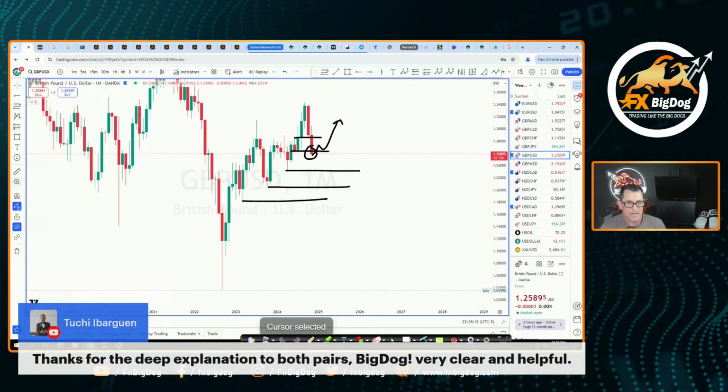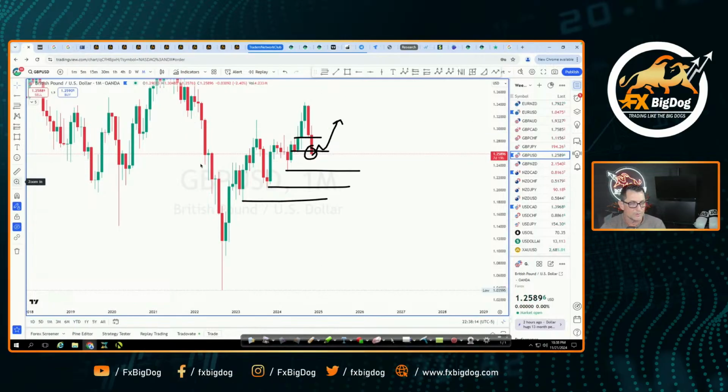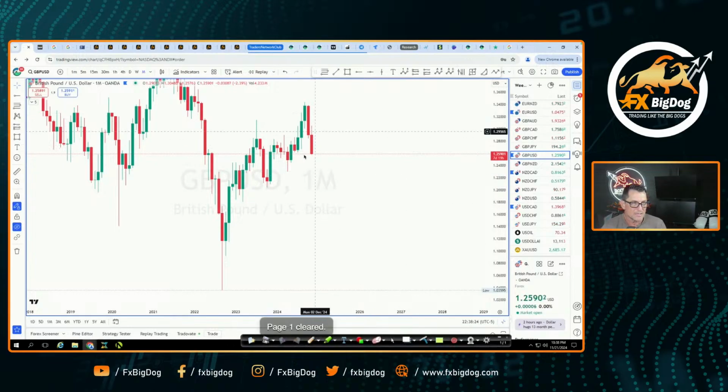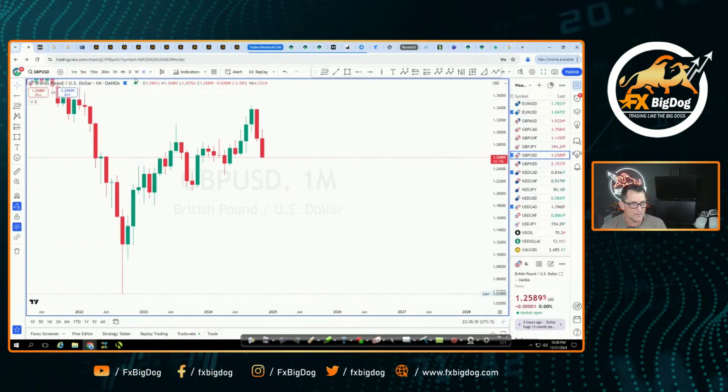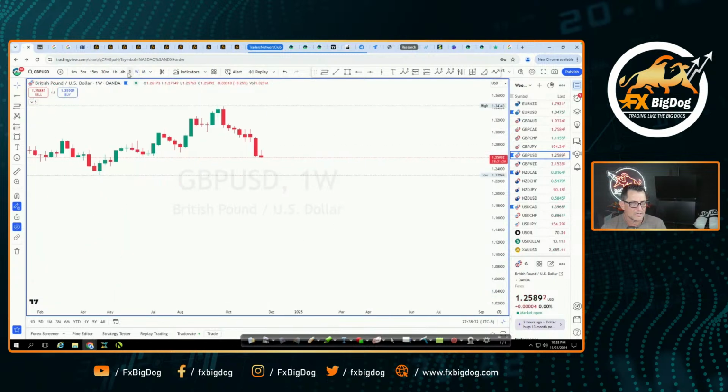So now let's go ahead and move this down to something a little bit lower, right? So we can understand what's going on in the short term. So if anyone's holding some buys on the pound US dollar, and you're wondering, hey, how can I get out of my buys and reverse it and look for the downside move? Okay, so the first thing here is, let's take a look at the weekly.